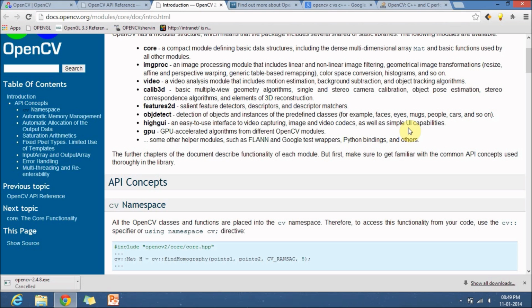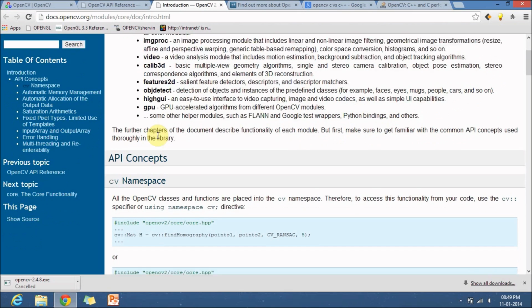It also gives you simple UIs like track bars and buttons, and it can handle mouse events and keyboard events. It has a GPU module which gives you accelerated algorithms particular to the GPU core, and it has many more. As we go along we can explore that.